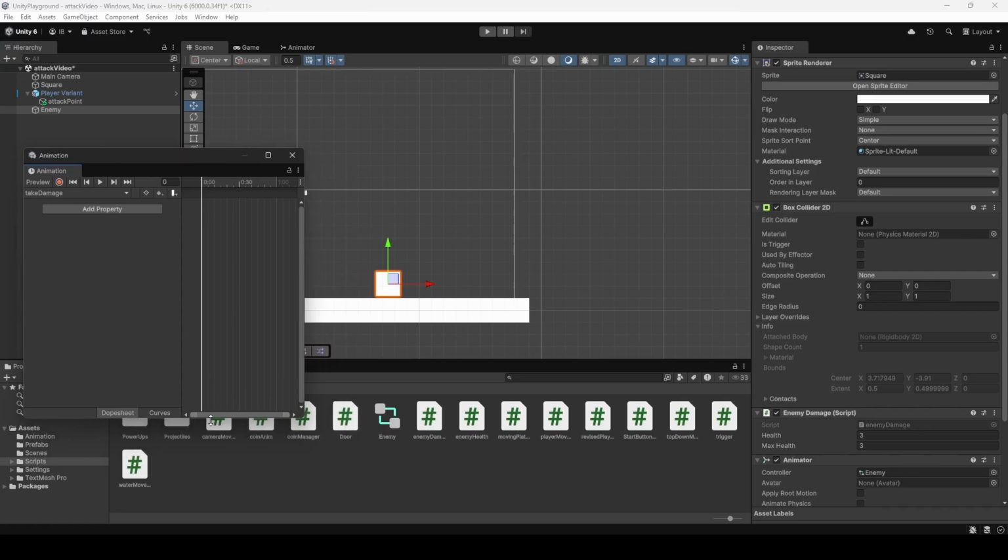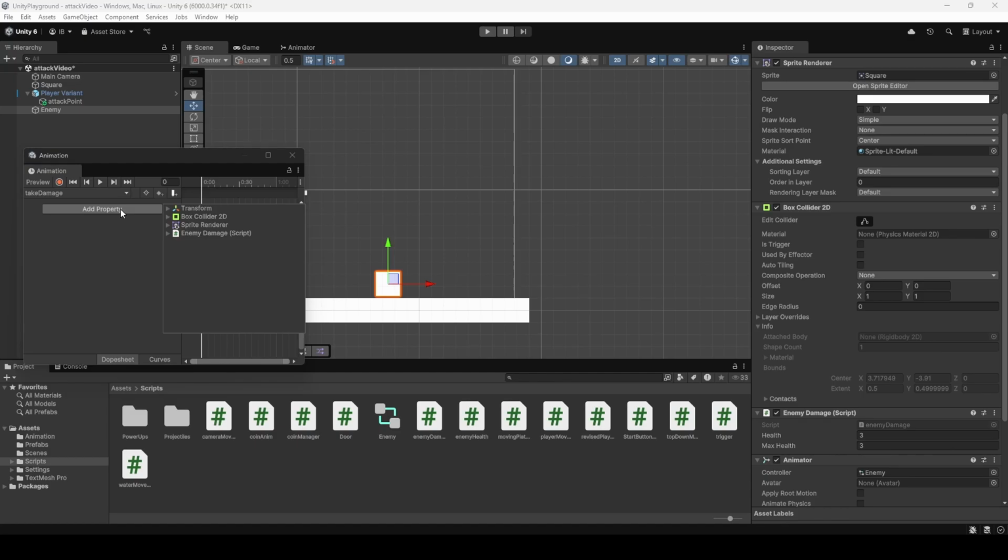So the idea here is that I'm going to add a property, and that goes inside of this little cube, and it shows me all of the components that are attached to it. I want to come down here to the sprite renderer, and you see that I have one for color. So if I click that, I can say plus, and right now it just goes from white to white. What I can do, if I scroll down here, is actually animate each of these components. So if I come up here to color, we have R, G, B, and A. What I can do is add a keyframe, add key,